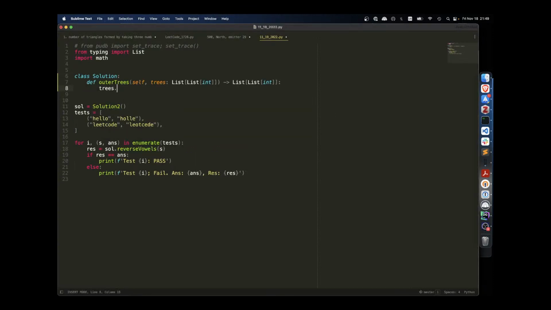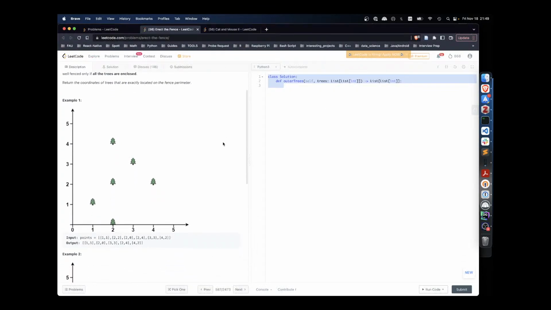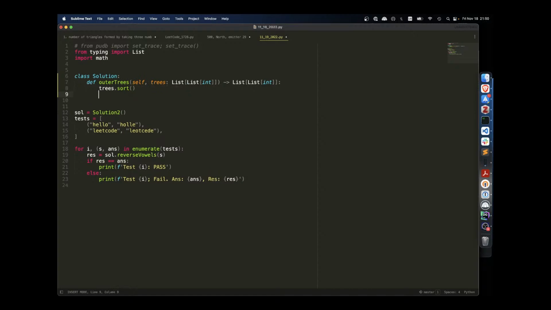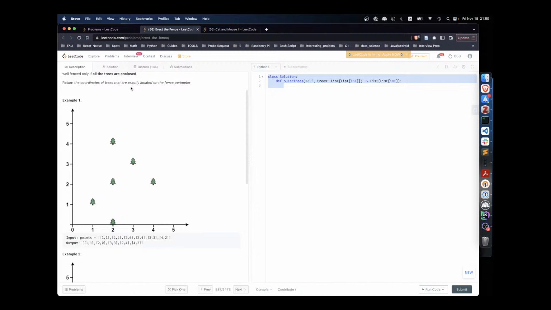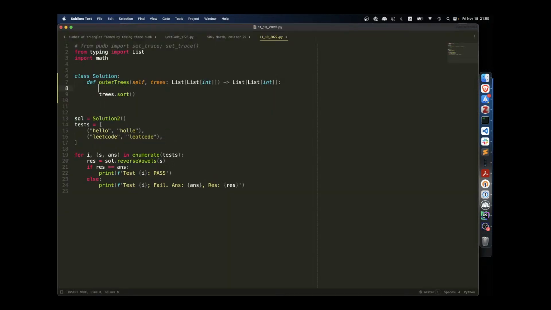So when the trees are sorted, okay, key equals lambda tuple, I want from small to large. Oh, that's okay, then we just sort them. Okay, I sort. And then actually, this is not what you want to do. What I want to do is